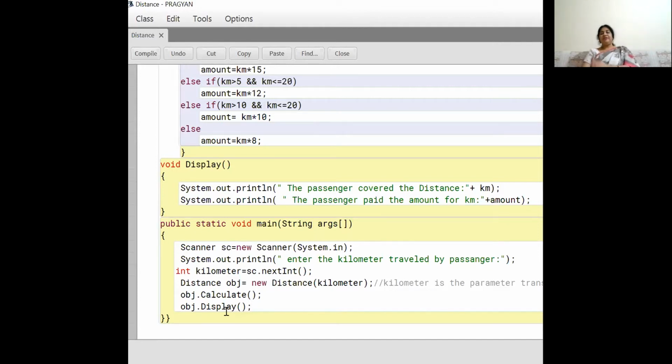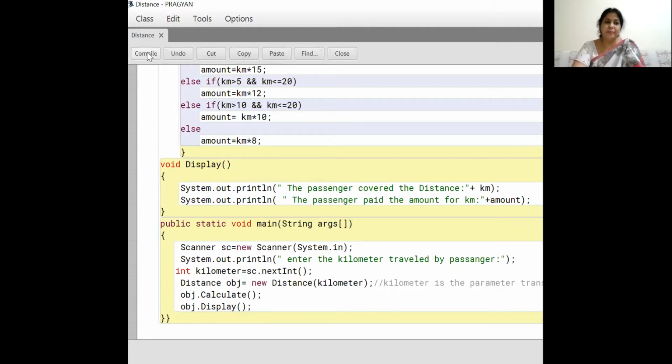What is the difference from the earlier program with the default constructor? There the direct constant value 15 was assigned, but here it gives us scope to input a different value for different situations. Through the scanner, as you already understood, we input data. What is the benefit of input data? Every time you can change the value.